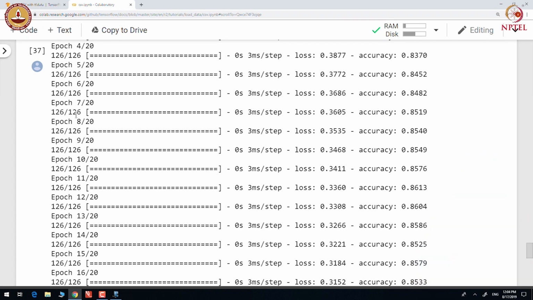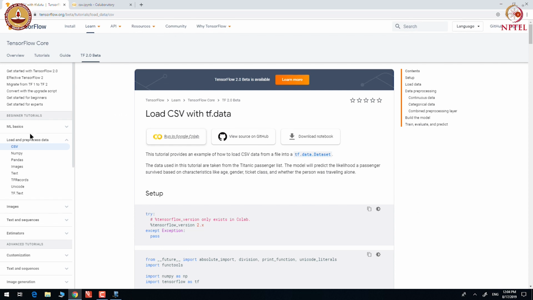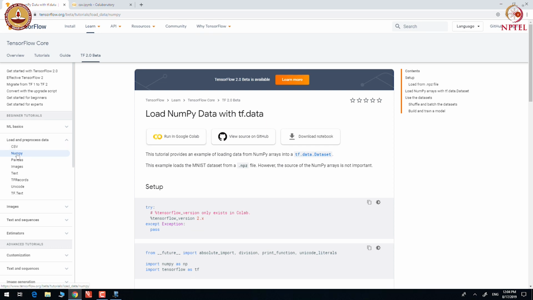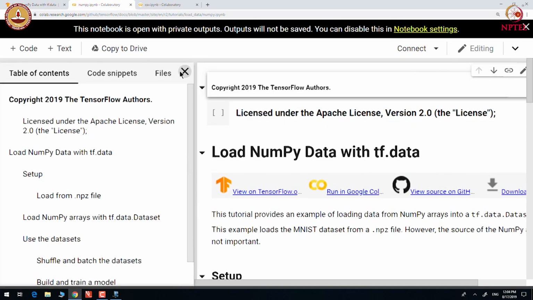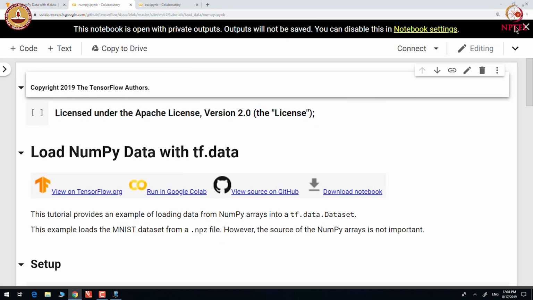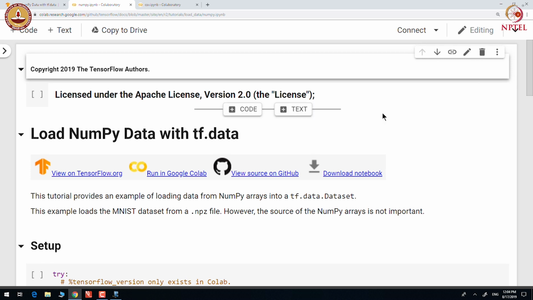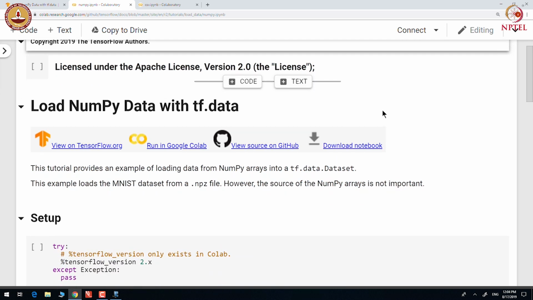Let us look at another source of creating input pipeline, this time with NumPy. Here the data is stored in NumPy arrays and we want to construct the dataset from these NumPy arrays.